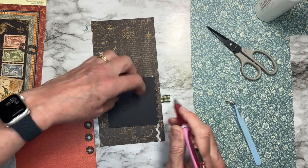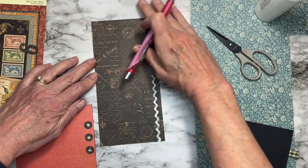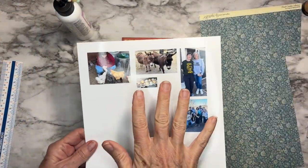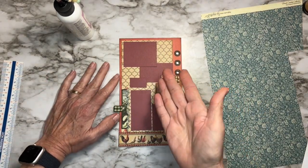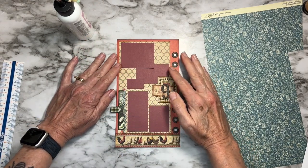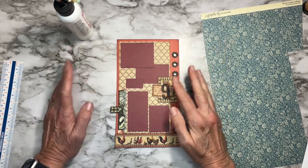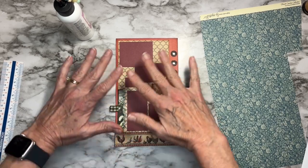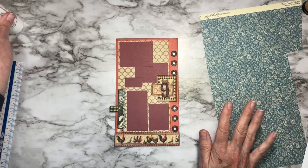So now I know when I pull this out, adhesive is going to go all here, here, and above. Okay, I have my photos printed out, but before I could even come to these sizes, here's something that might be helpful. I just grabbed some scrap cardstock and tried to figure out how many photos I needed, how many I could fit, and what size they could potentially be. Then I cut these scraps from that cardstock and laid them in place just to get the layout going